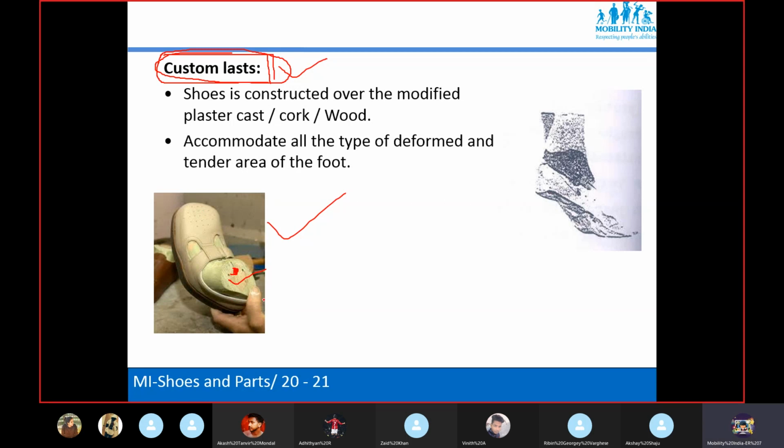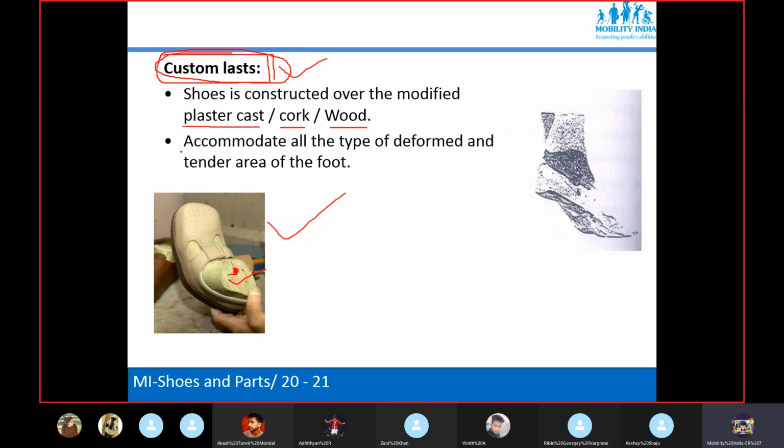So this is not the normal shoe, not even the normal shoe last. How is this shoe last prepared? By taking the person's measurement and cast and then modifying. And this can be made of plaster cast, even cork material is used, and even wooden material.